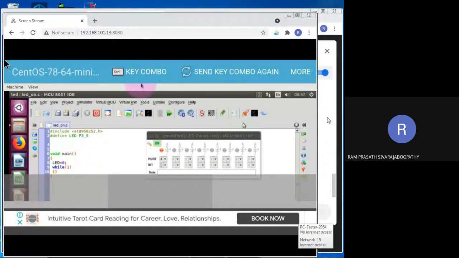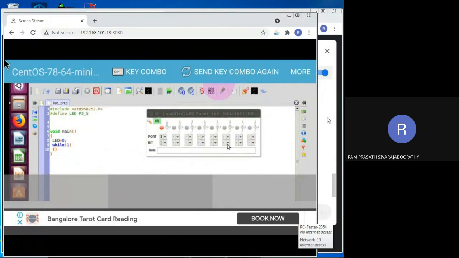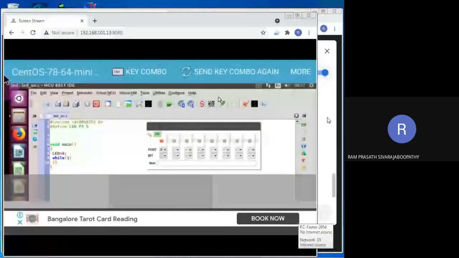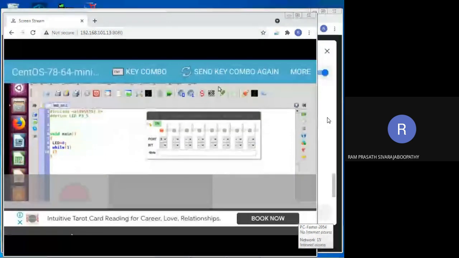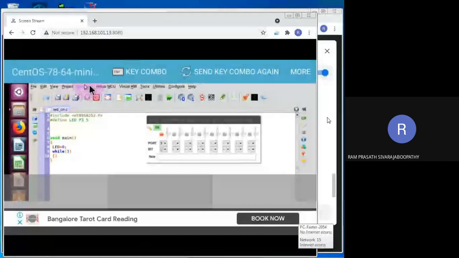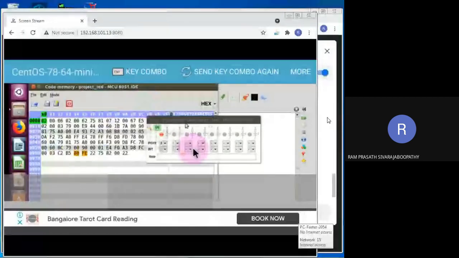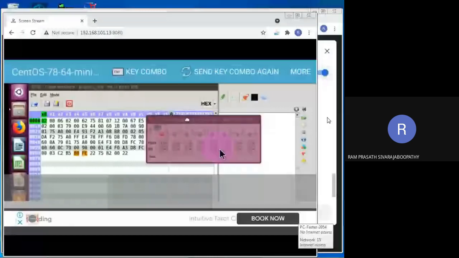Yes, are you people seeing? So using this particular thing, I can do it well. Yes, I can click on any icon easily. Yes, I am going to see the virtual code memory. So using this particular mouse, you can do it well. So I can easily drag items, everything. Yes, this is our code.